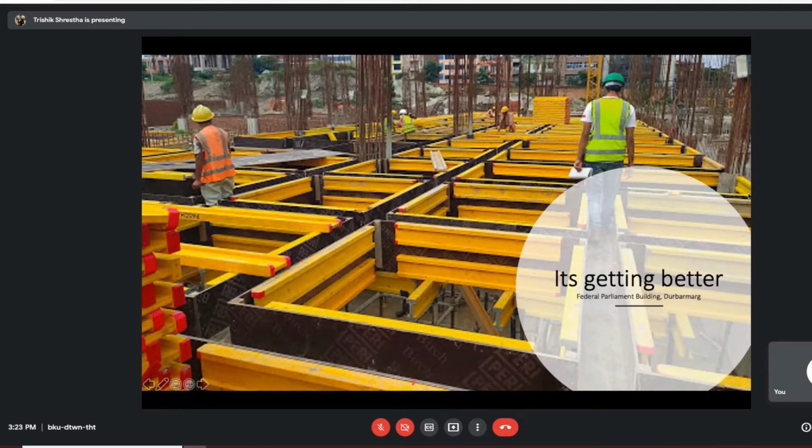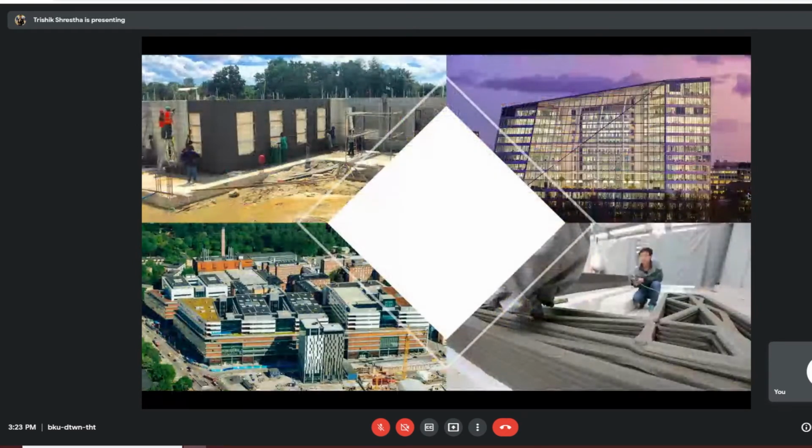So things are getting better, but while we are still adapting to these basic improvements, the construction industry outside of Nepal is reaching completely new heights. They're doing completely revolutionary things, and we will still be left behind. So it is time to pick up the pace, right? Now we're going to talk about some of these proactive innovations and some reactive innovations. The proactive innovations are all from outside. These are the cases that I have mentioned in my thesis as well, the cases that I based my thesis on.